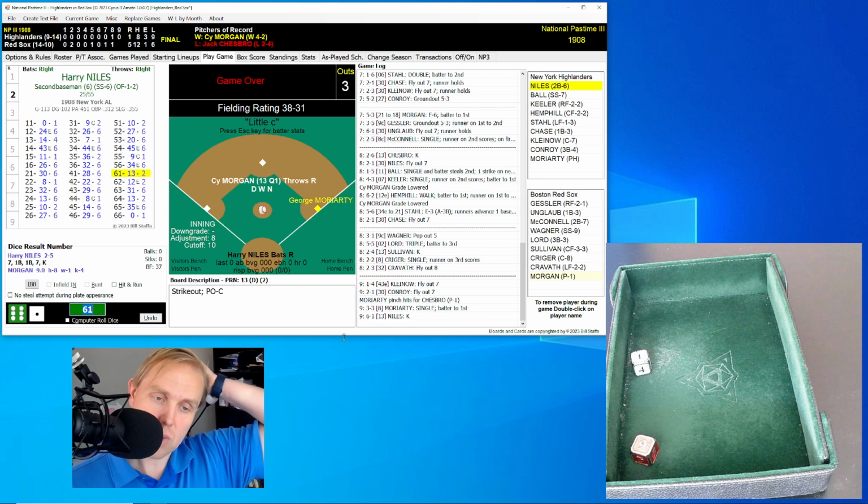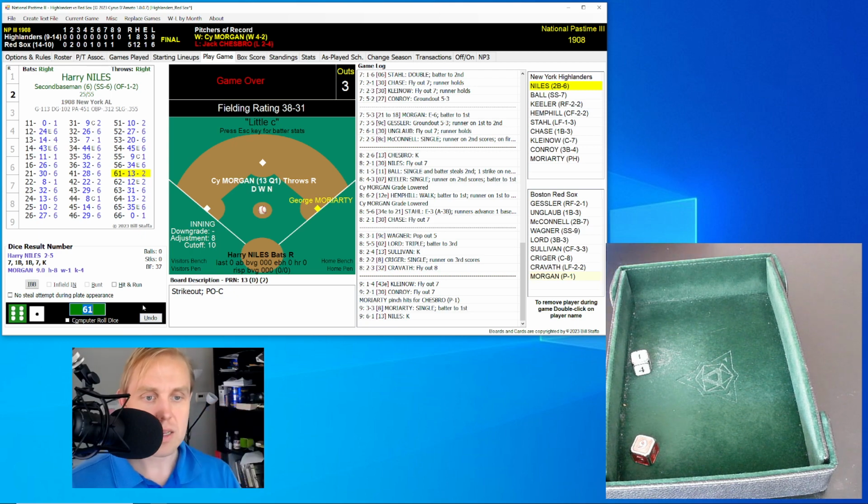And there you have it. Only 1 walk issued in this game, and Cy Morgan had a W, and still only issues the 1 walk, strikes out 4. Jack Chesbro, by the way, issued 0 walks, and that's the way this one goes down. The Red Sox win this 5-1. At least for the time being, they're in sole possession of first place. We'll see what happens with the Athletics game later on